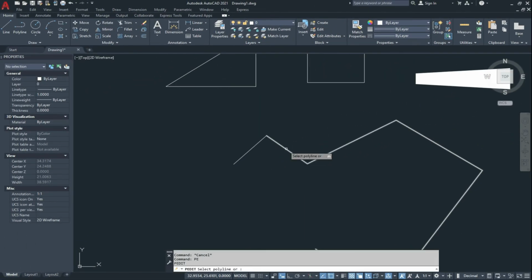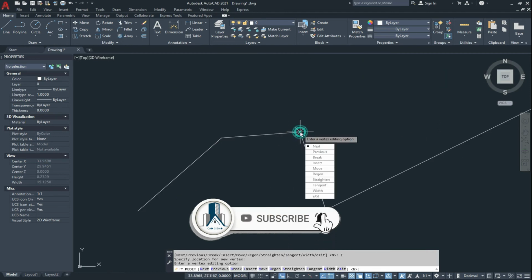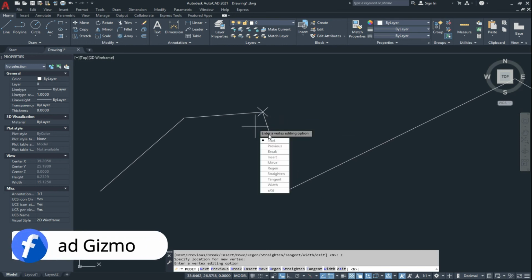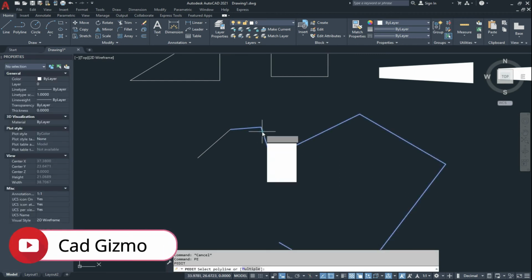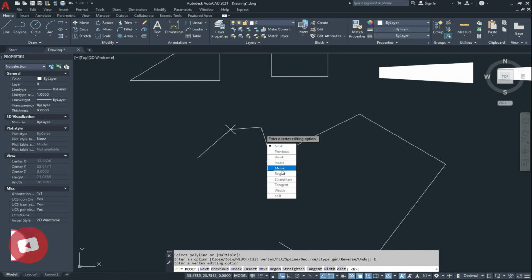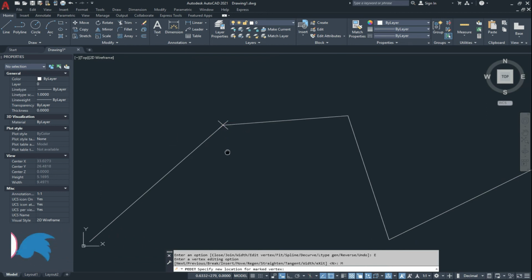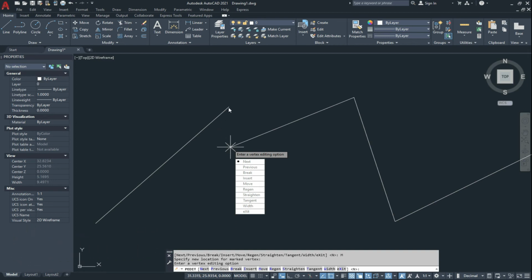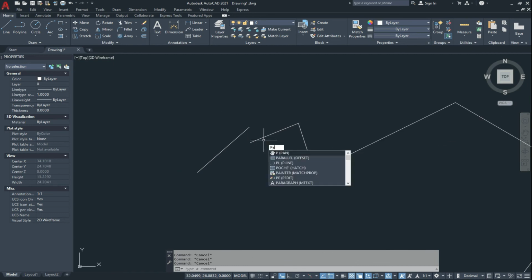Now go to P-Edit again, click on polyline, edit vertex and now click on insert. If I click here, a new vertex is added in the polyline geometry. Now P-Edit again, click on edit vertex and click on move. If I want to move it here, I click here. Now this segment will move from this point to this point. In this way we edit our vertex.